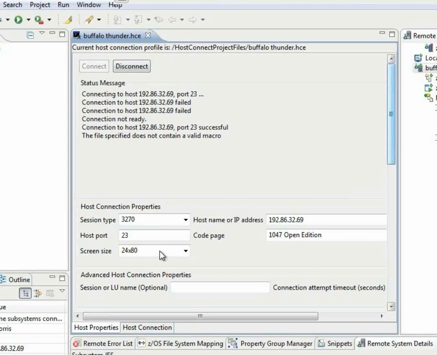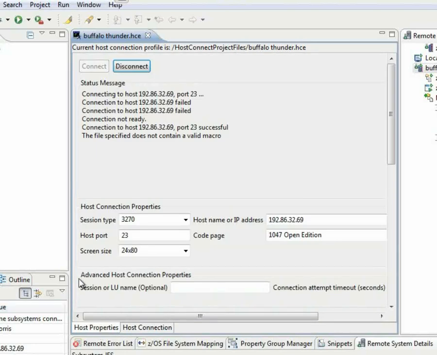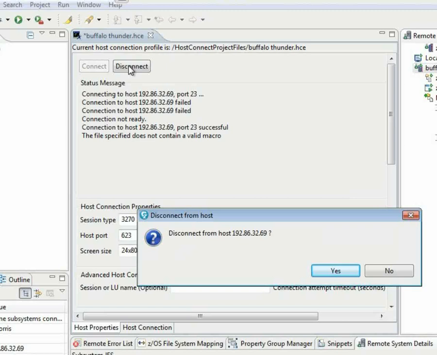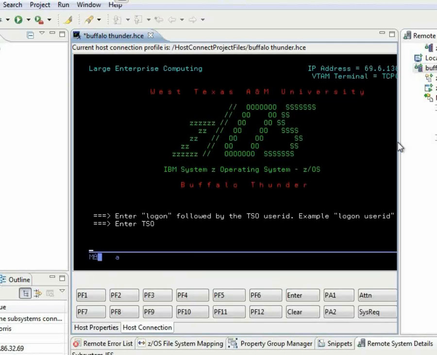So if you didn't see what I did there, there's 2 tabs right here at the bottom of your editor window, host connection and host properties. By default, under host properties, you get the same IP address. That's good, but the port is not right. You actually have to connect on port 623. So change that, click on disconnect, and then click on connect. And there you go. You've got your green screen